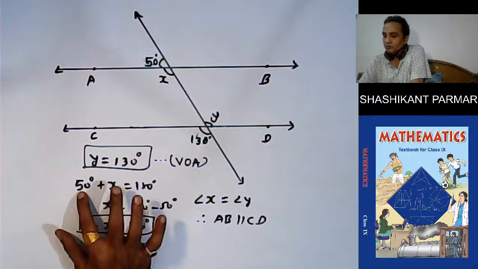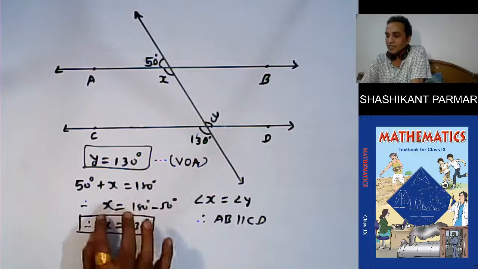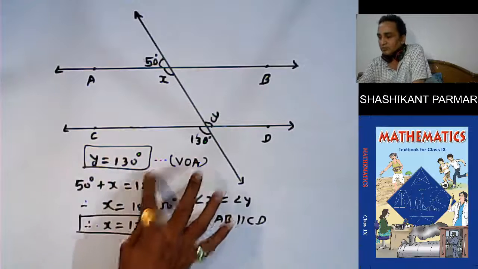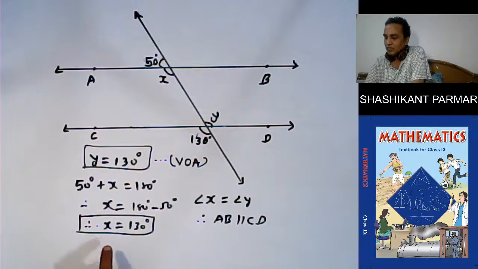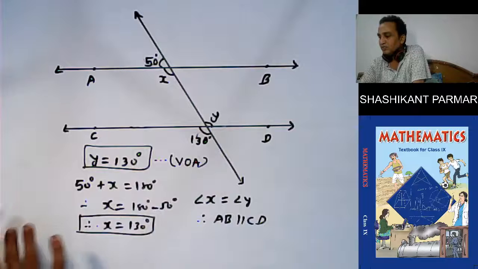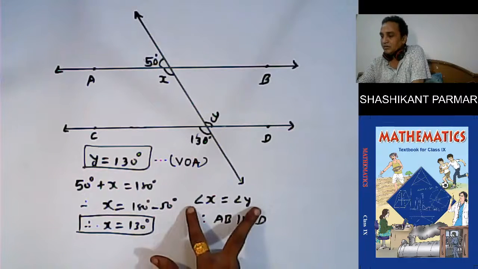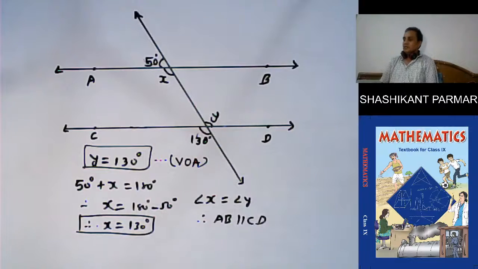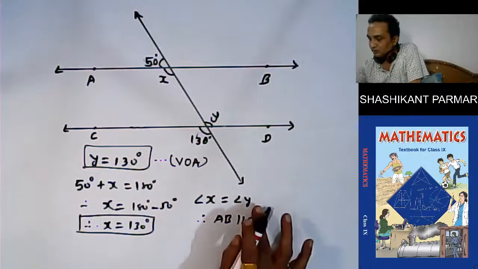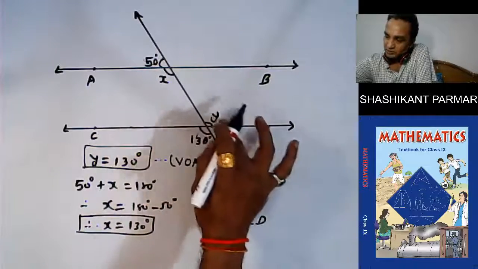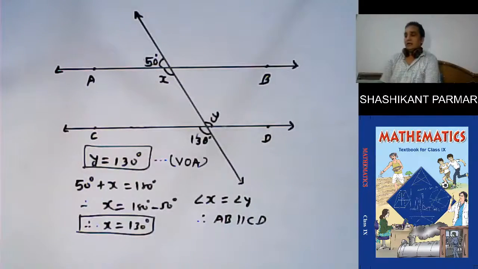So 50 plus X is equal to 180, therefore X is equal to 130. So if X is 130, Y is also 130, then that means X and Y both are equal. If X and Y are alternate interior angles,